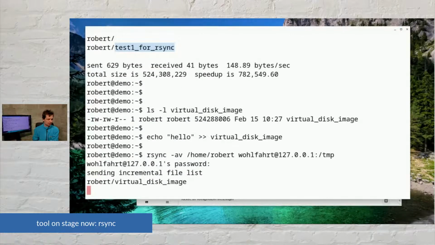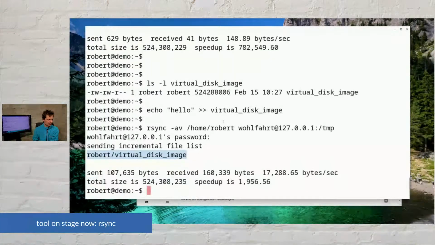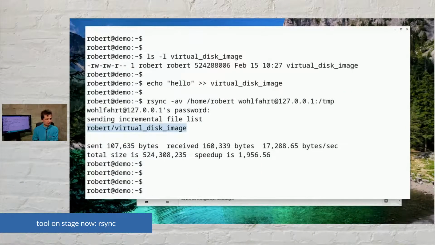And okay. We send the entire big file. No, we don't send the whole file. You see, we sent only 107,000 bytes. The whole file has a size of 500 megabytes. We only sent